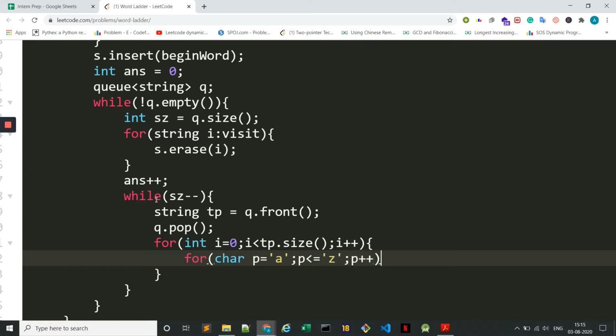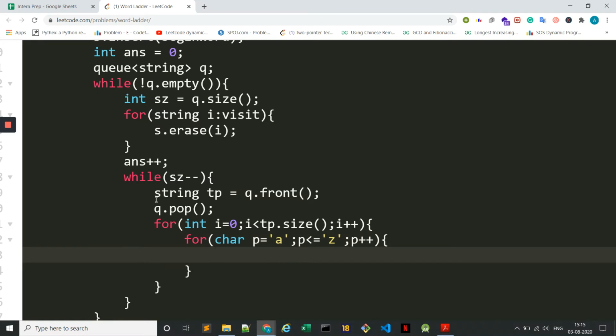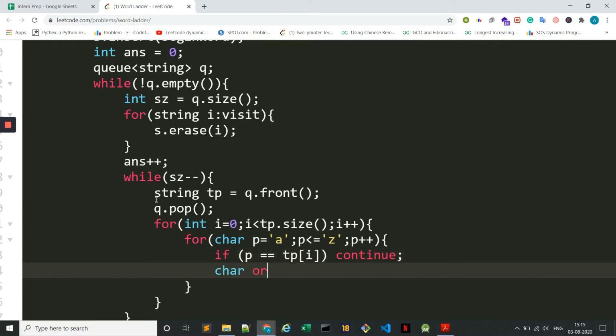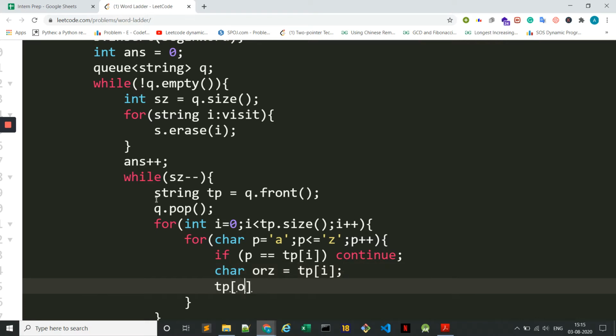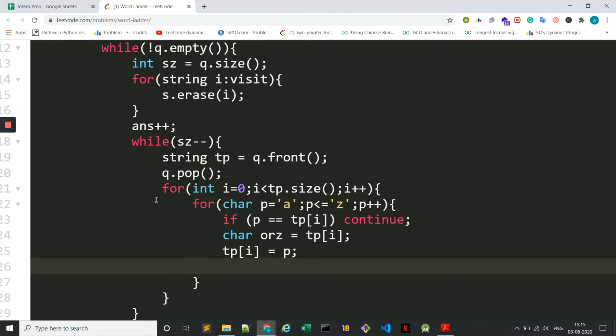So over here we are checking if there exists any string with a difference of one character. If both the characters are equal, then there is no use. So let us see that the original character is this, and the character changed after transformation, we are making it to p. Now the second thing that we need to do is check if this string tp is present in the set or not.